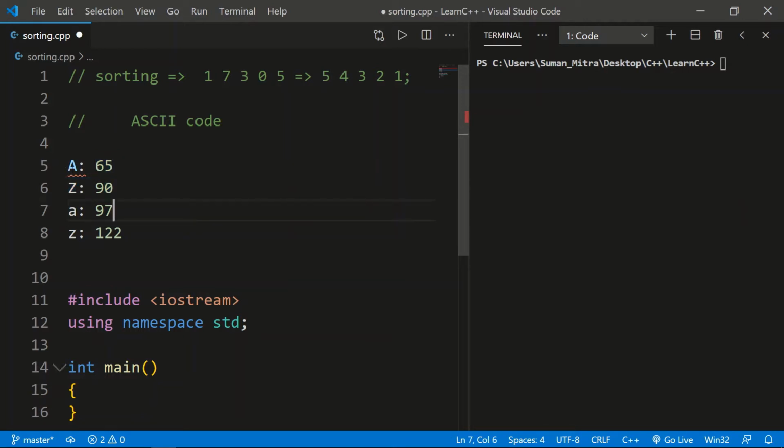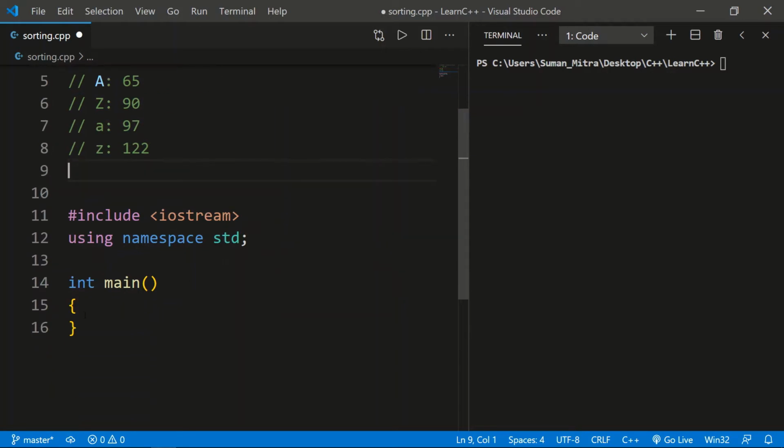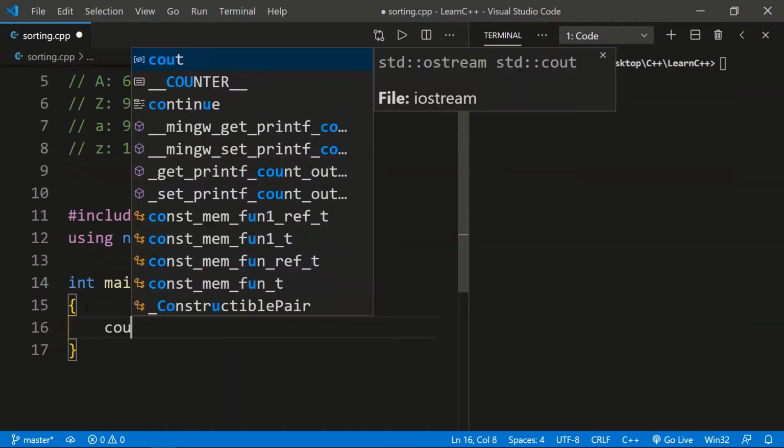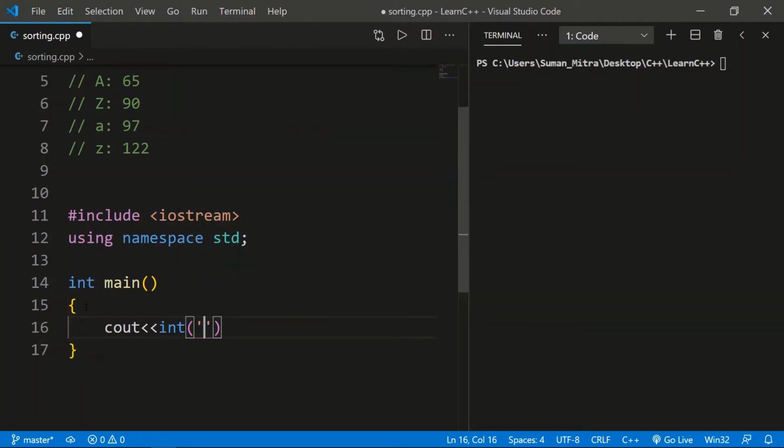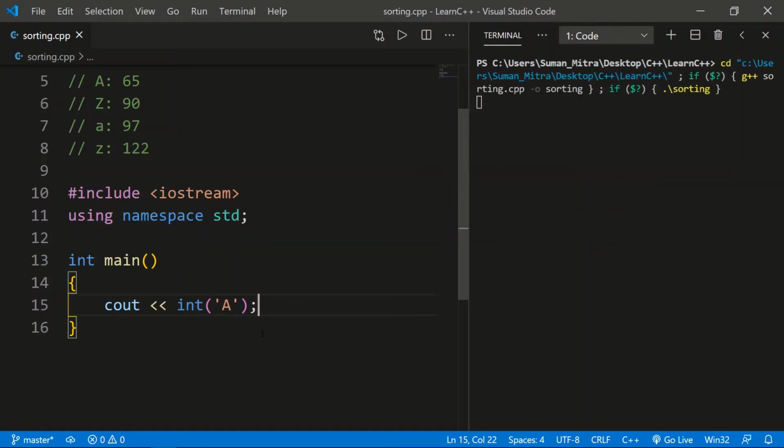I'll show you how to get this number. You can look it up on the internet, or find it yourself. Just write cout and print the integer value related to A. Use the character symbol and A, and run it. You can see the value of A is 65.